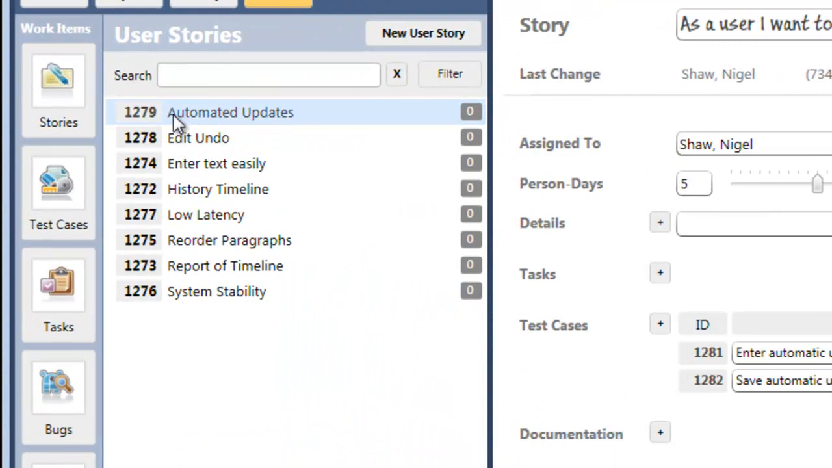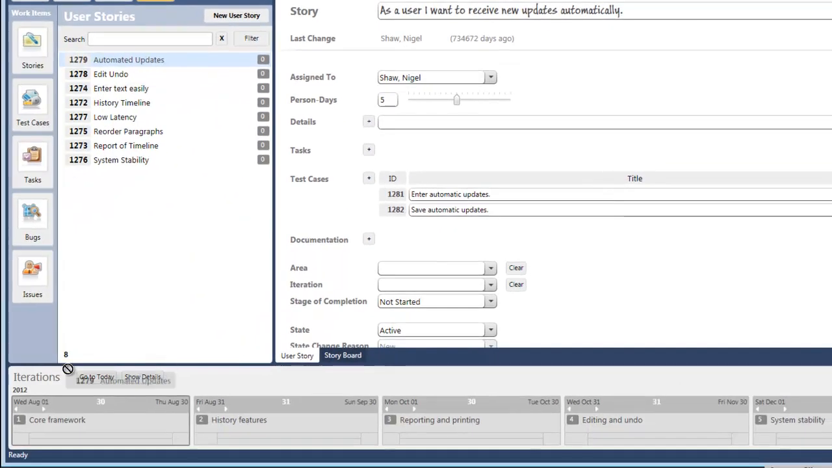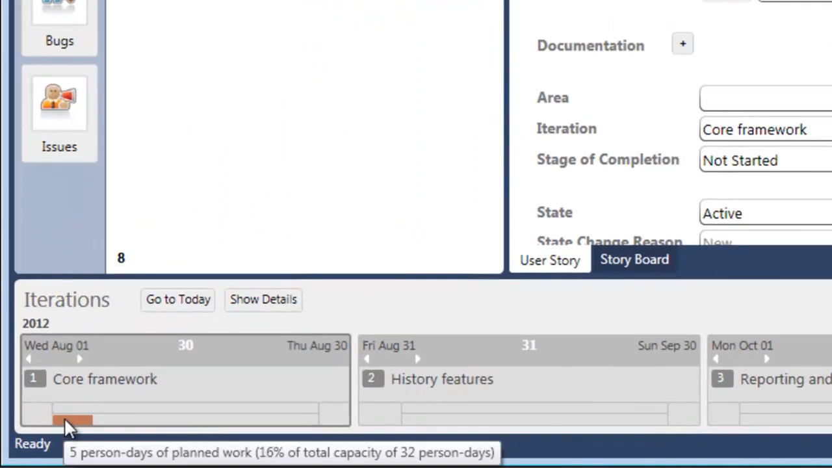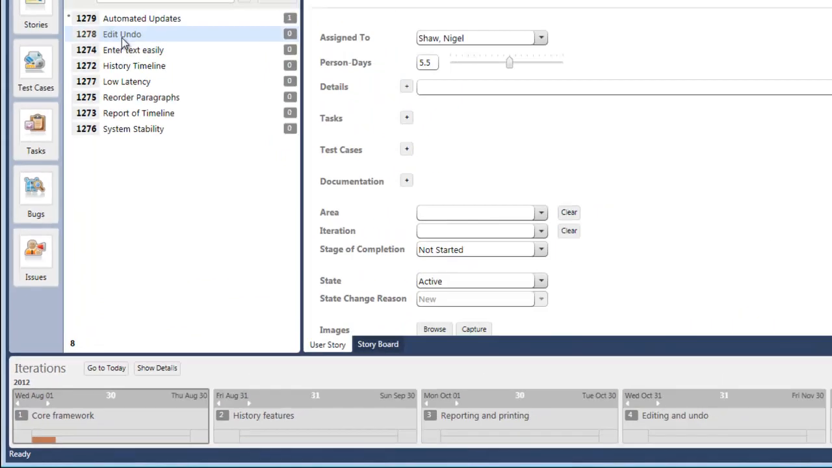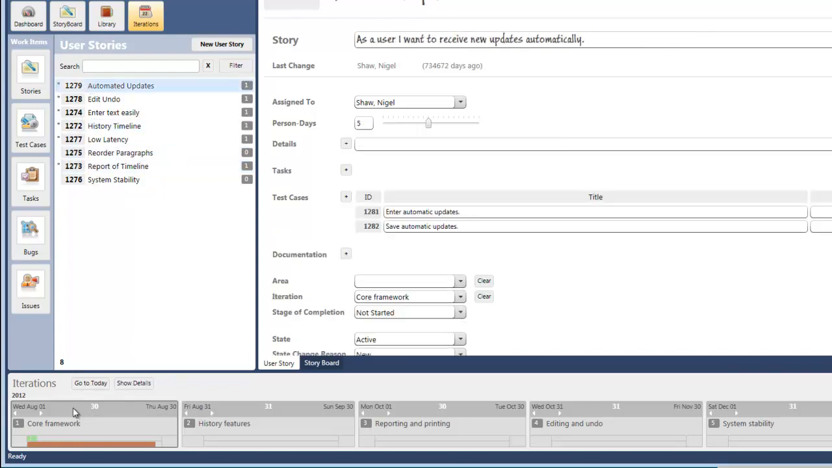If we look at user story 1279, we can see the person days are 5. Let's just drag that and drop it into iteration 1. We can see that the planned work is now 5 person days. We're at 16% capacity. Let's drag another chunk of work in and drop it, and we can keep dragging and dropping work until that iteration is full. If we want to see the details,